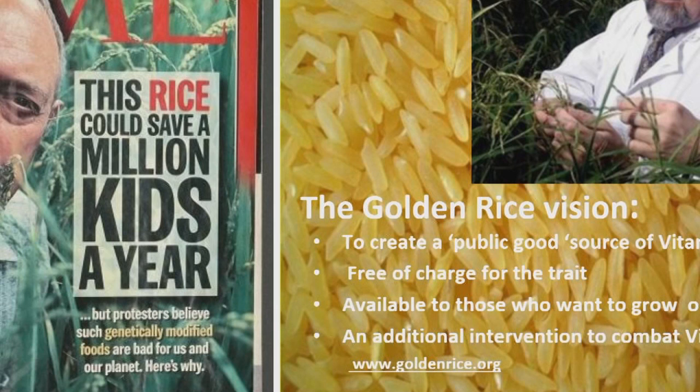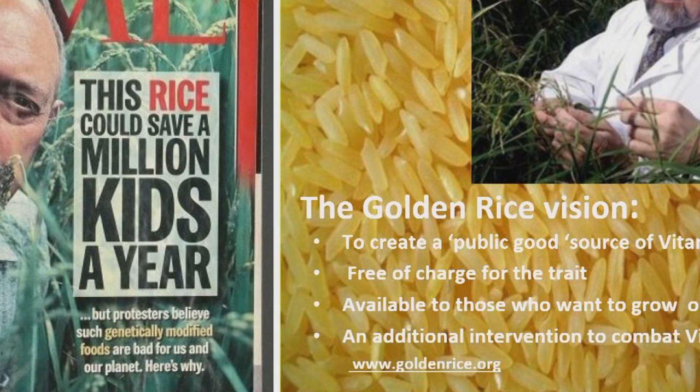The golden rice vision, and incidentally this is a picture of golden rice taken from the first field trial in the US in 2004, was to create a public good source of provitamin A, a source of vitamin A. And just to correct something that is sometimes misunderstood, the intention, and the donation from the inventors right from the beginning, Peter and Ingo shown here in a picture taken in 2002, was to make the nutritional trait available free of charge, to be introduced into public sector varieties of rice.